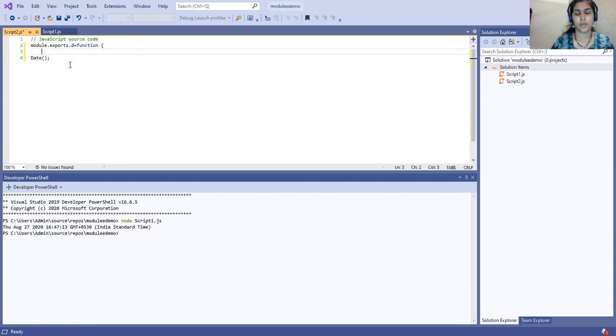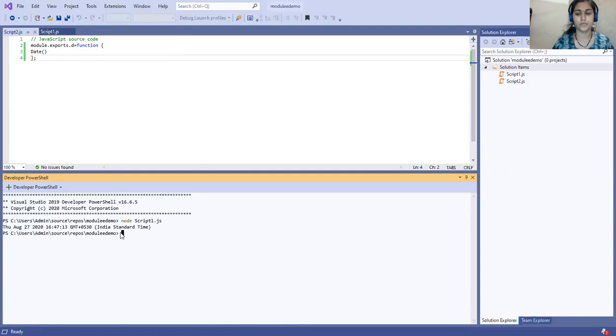I used one function that gets assigned to this variable d, and it is imported into the next module. So let us see what will be the output.